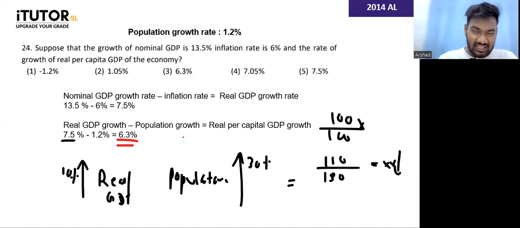Again, this comes from your theory areas, guys. So if you are struggling, that's on your theory side. Go back to your theory notes and try to see that. Go back to your theory recordings, maybe it should be there. So which one is our answer then? The answer is 6.3%.